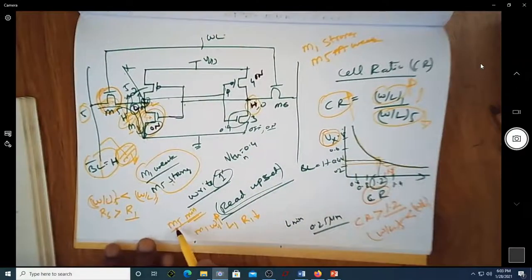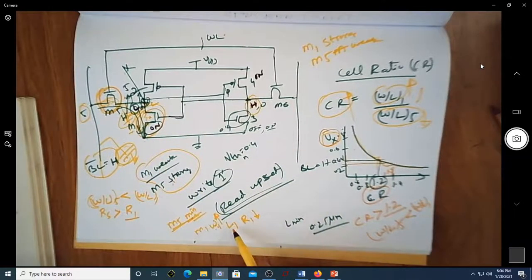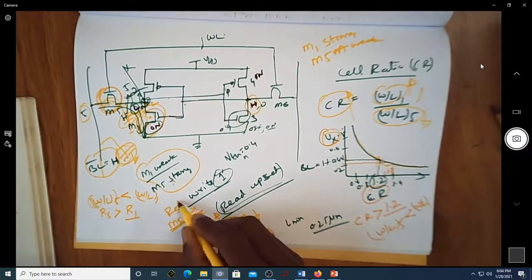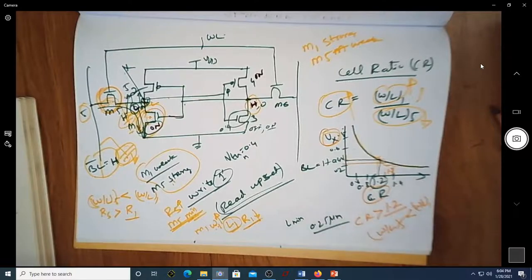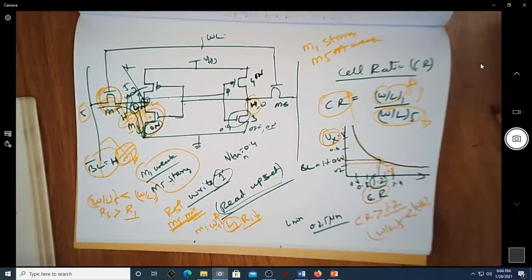So M5 will be kept at a minimum dimension, whereas transistor M1 width will be increased, and you are keeping the length of the transistor of your M1 minimum, so that you have lesser R1 value. Since the dimension of this M5 is less, naturally the value of R5 will be more compared to the value of R1. Because if the dimension is lesser and lesser, you are going to have the resistance more, and here since you are increasing the W value, the resistance will be smaller. So this way,